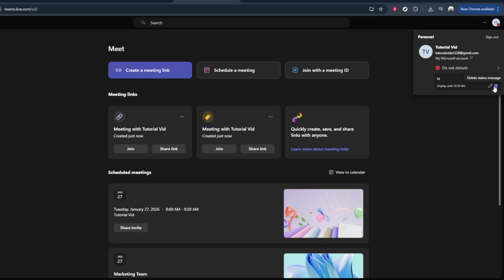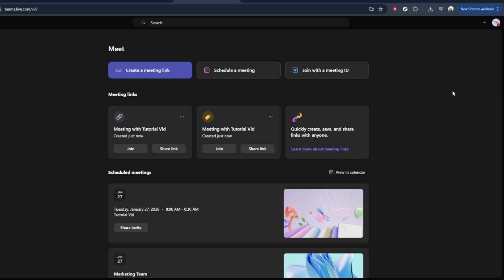Once you have updated the text and selected any duration options, confirm or save the changes. Your new status message is now active and visible to your colleagues when they view your profile or start a chat with you. And that's all there is to it. By regularly updating your status message, you help your team stay in sync and make your